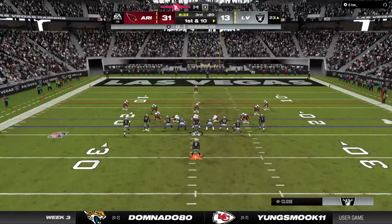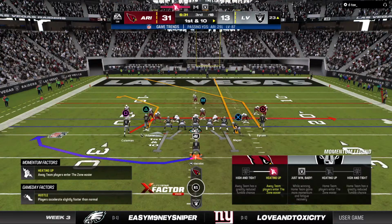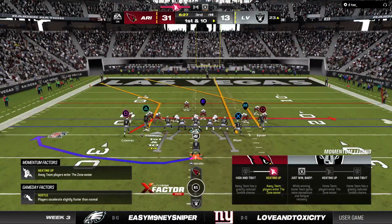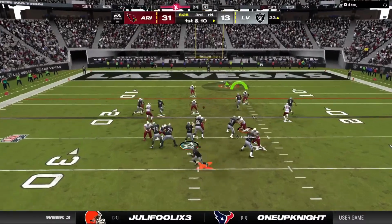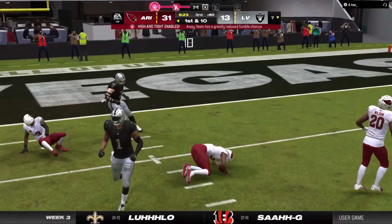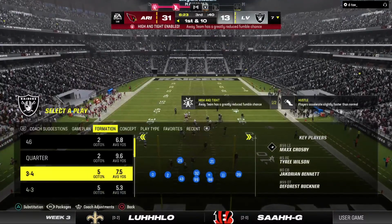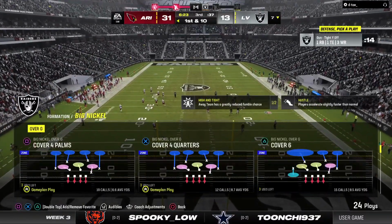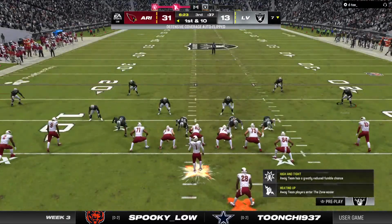So barely time to catch our breath. Here's first and 10 just outside the red zone. They'll set up to throw. Into heavy traffic, and it's intercepted. And a big turnover there as his guys will get the football back. They'll take over first and 10 at their own 7-yard